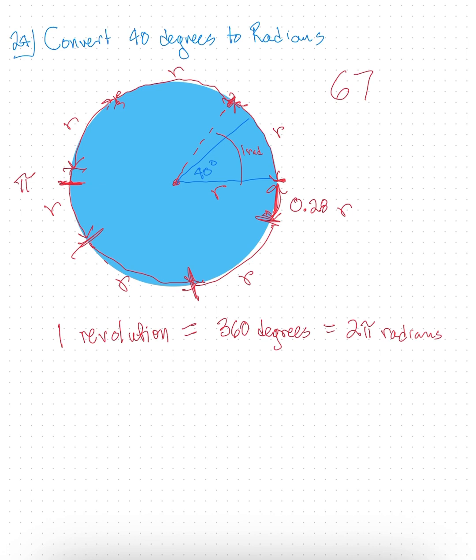So if 360 degrees is equal to 2 pi radians, we would have 180 degrees equal to pi radians. And now that gives us a really nice, convenient way to do unit conversions. Now we know 180 degrees is equivalent to pi radians. So what do we do? We multiply 40 degrees